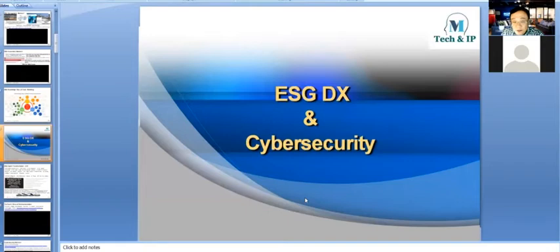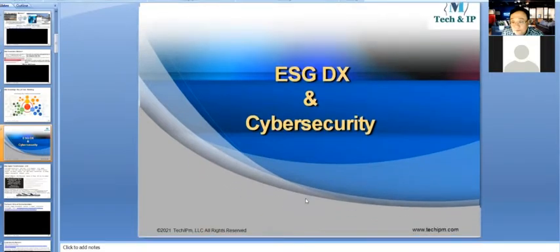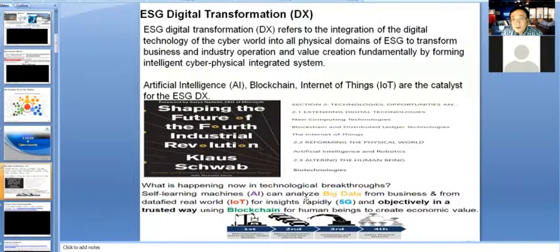I'm going to explain what ESG digital transformation is and how it relates to cybersecurity. This also includes privacy protection. There are many different definitions of digital transformation, and I'm going to talk about